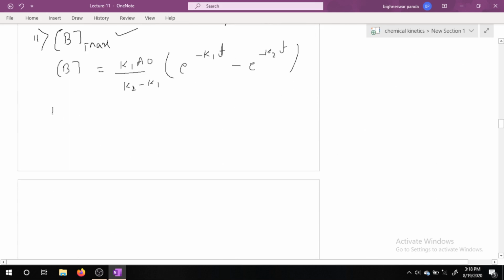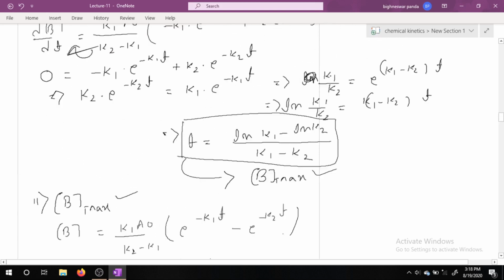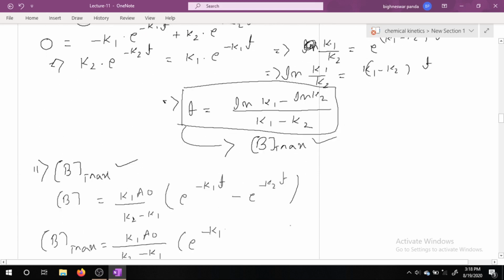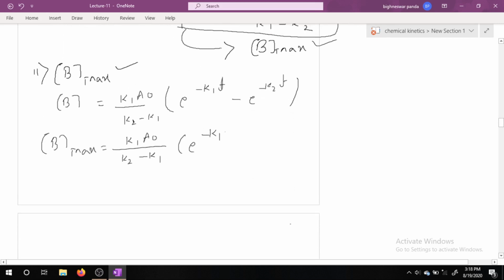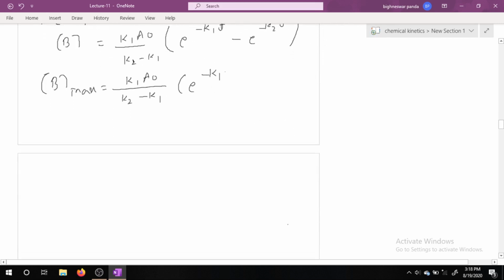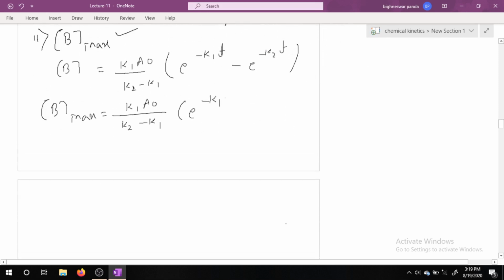So when B is maximum, at B maximum I have time t equal to ln K1 minus ln K2 divided by K1 minus K2. So e to the power minus K1 into, in terms of t, I can write K1 into ln